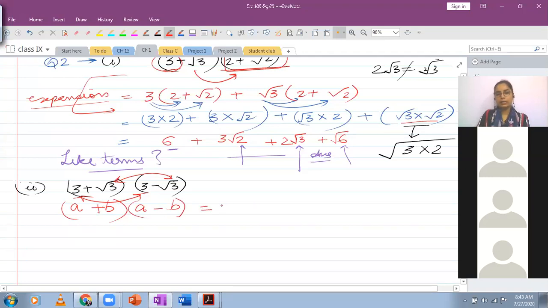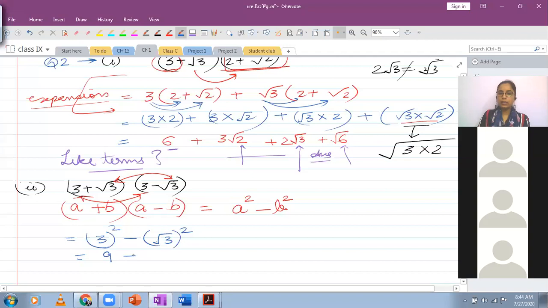So this is an identity that you have, and this can actually be simplified by writing down a square minus b square. I hope you remember. Sum of the same values, difference of the same values without changing the order. The first term matches, second term matches in both the brackets, but the sign between them has changed. And this will be written as the difference of the squares of the two values. So the answer will be square of the first term minus square of the second term.